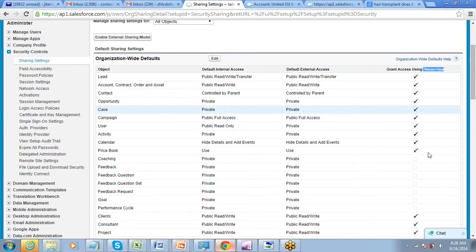In that case, this should be turned off, which means private means completely private. Even the manager does not get to see that, right? But there can be certain cases, like cases which I am working on, or the opportunities that I am working on. Those are the things where the manager might want to see. So if it is a work-related thing, my manager will always want to see it. If it is my personal information which is stored in the company database, the manager might not need to see that, right? So first, make it private or public. Secondly, define whether the manager will get access or not. Grant access using hierarchy: based on the hierarchy, will the manager have access or not?